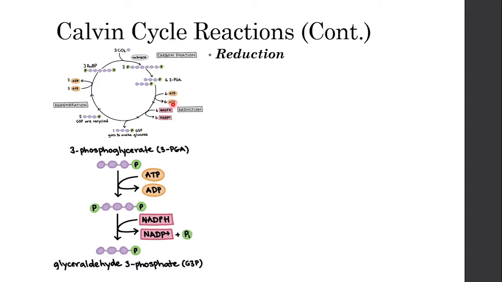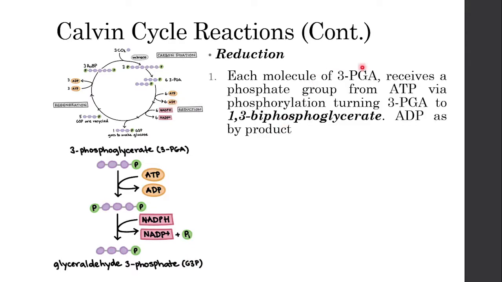So what happens? After we create 6 molecules of 3-PGA, each of these 6 molecules of 3-PGA receives a phosphate group from ATP. Which means we need 6 ATPs. As you can see right here, we have 6 ATPs. This is an adenosine triphosphate. 1 ATP contains 3 phosphates, and one of the phosphate groups on your ATP will be donated to your 3-PGA. Okay. So it phosphorylates the 3-PGA, turning it into a biphosphorylated molecule called the